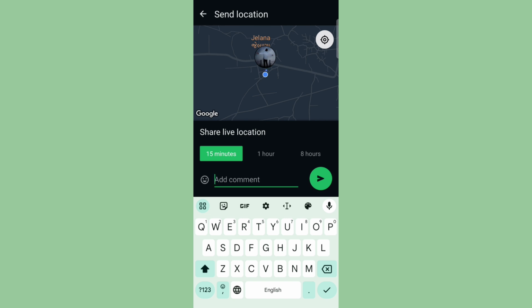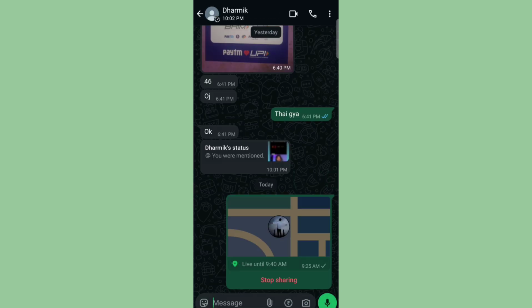type a location name, and click here to send, and your live location is